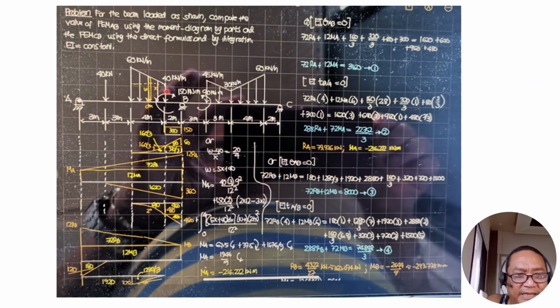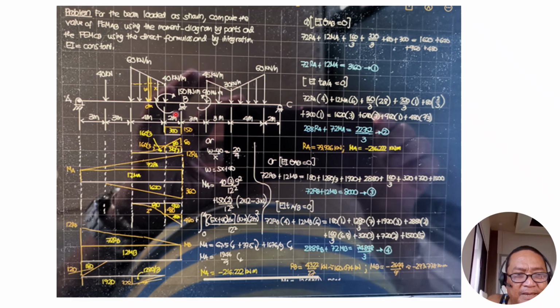For the triangular loading, we have 1/2 of 4 times 20 times 4/3. So that's 160 over 3, this height here, and it is third degree. Then 1/2 of 4 times 20 is 40. 40 times 2 is 80. So this is the complete moment diagram by parts for the triangular loading, which is applied upward to neutralize the 60 kilonewton per meter load, which is now rectangular from the originally trapezoidal loading.